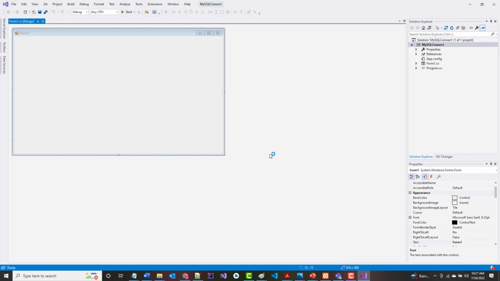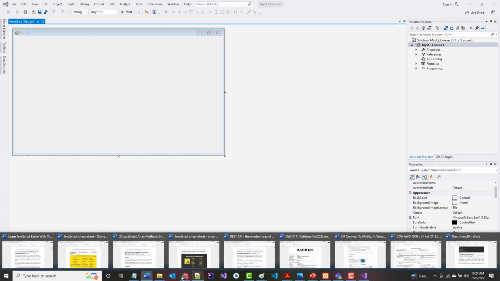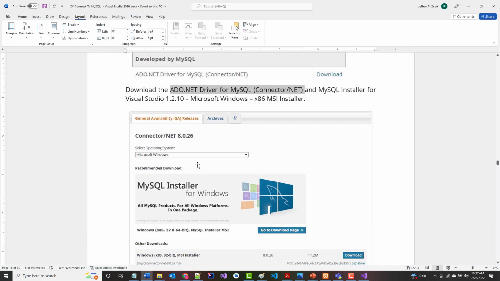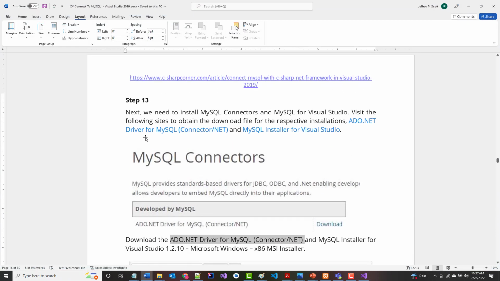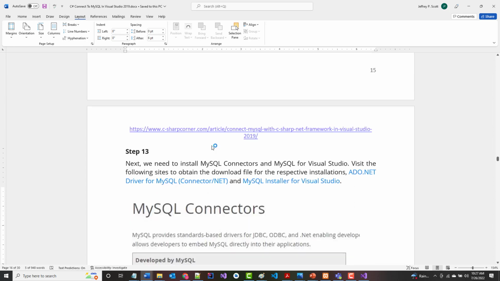And it did create it. So good. So now I'm going to jump back again. I'm not sure if this will work. All right. So jumping back into my document here, now as it says in here,